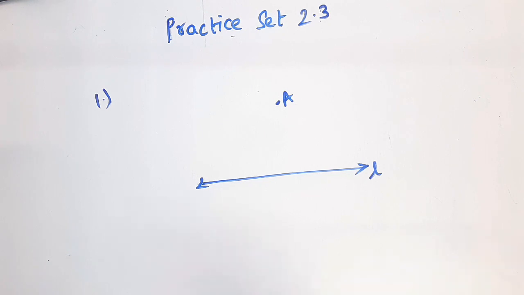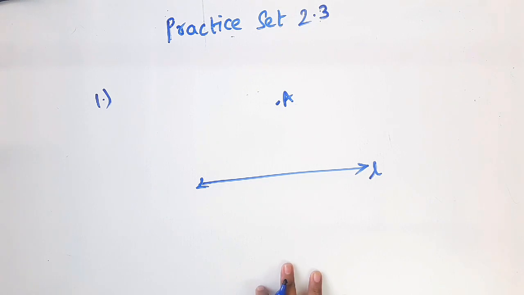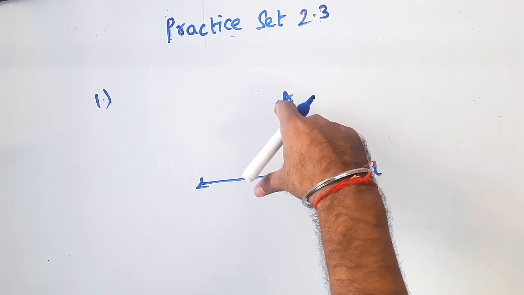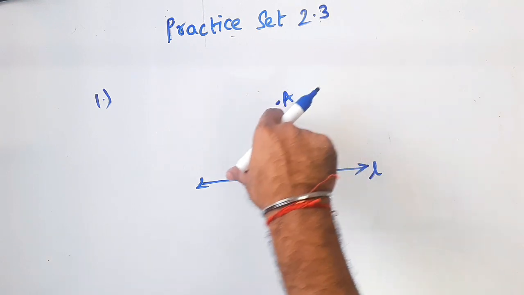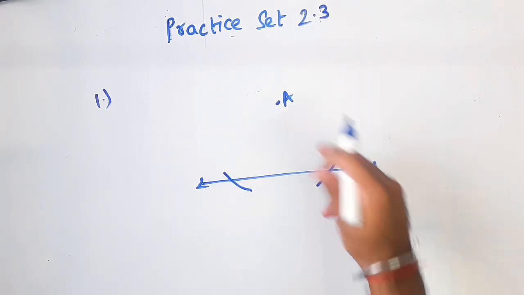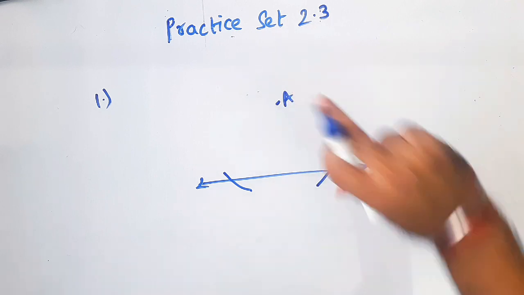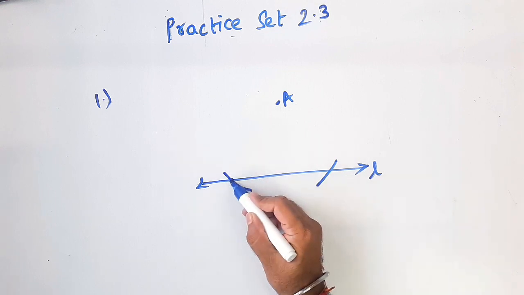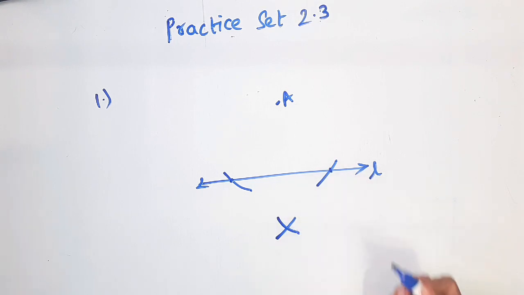Whenever you are asked to draw a perpendicular from a point outside the line, you have to follow simple steps. Take a rounder, place the center on A. Then take a suitable measure such that it cuts the line. Place the center on A, pencil on this line, and you will get two arcs. Again I am showing you, rounder is here on A, cut two arcs. Step number 1 understood. Then place your rounder on these two points where the arcs meet the line, and draw an arc from each.